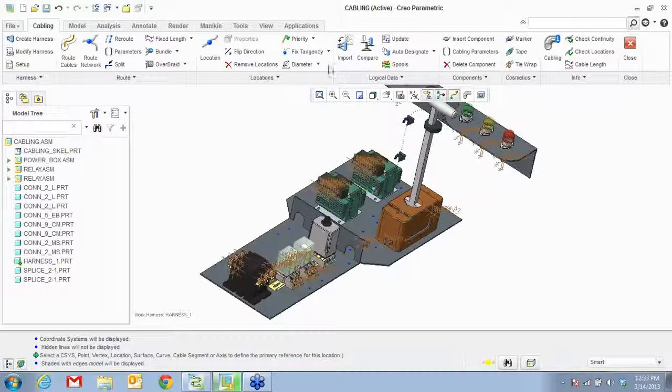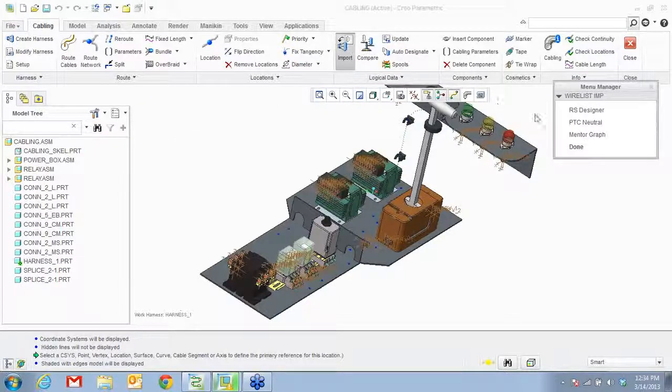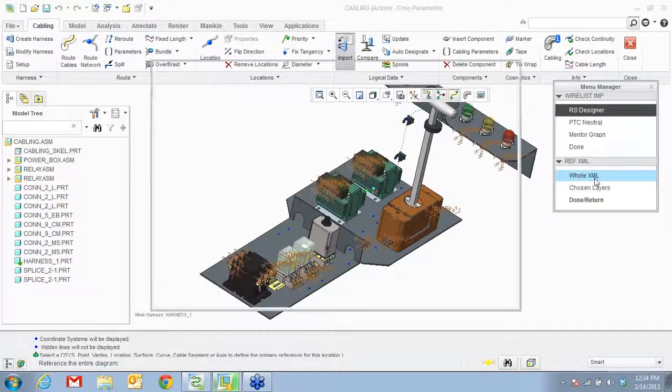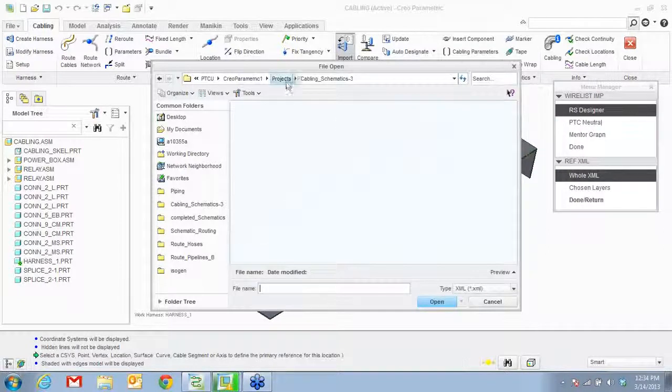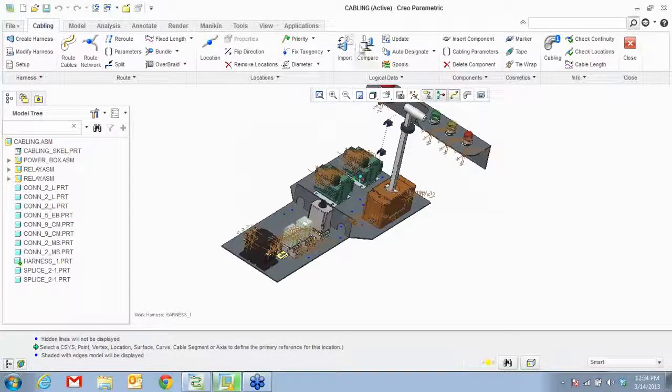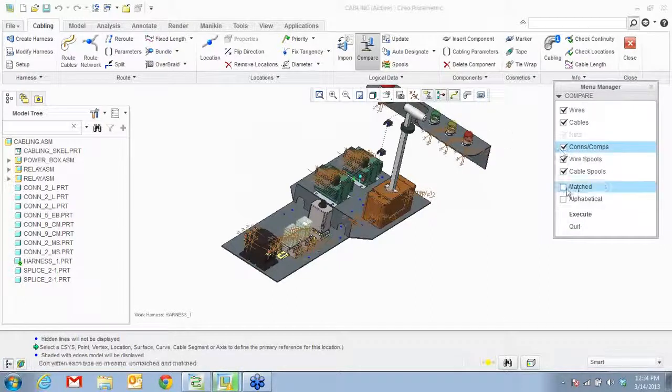cables. Now you see right here, you can go ahead and say import from routed systems designer. You can import the whole XML and import the XML file that we had right here. Okay. Now, once you import, you can go ahead and compare.